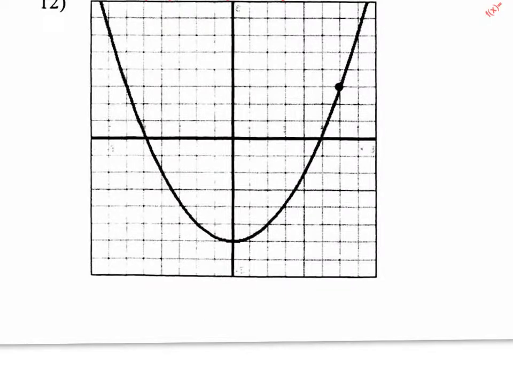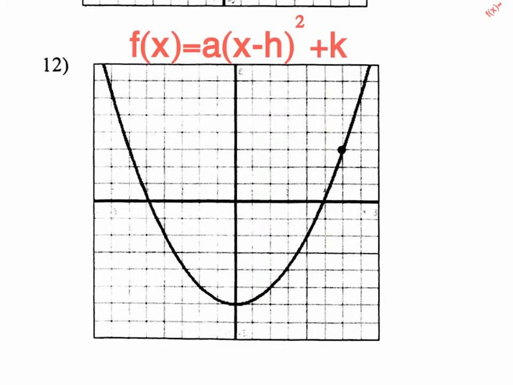Okay guys, what we're supposed to do here is to take this parabola and actually write the equation just by looking at the graph of the parabola. So how the heck are we going to do that? Well, you have to use the vertex form, f of x equals a parentheses x minus h squared plus k,